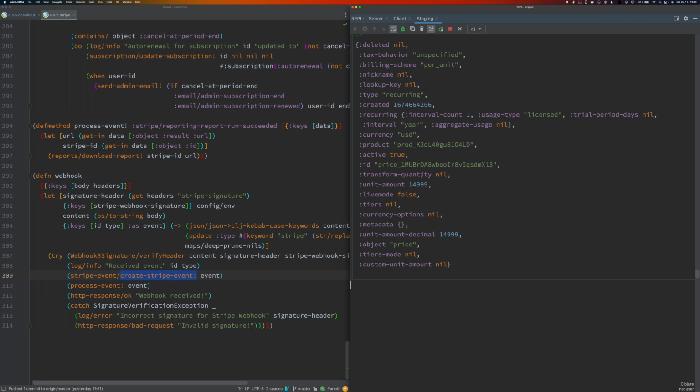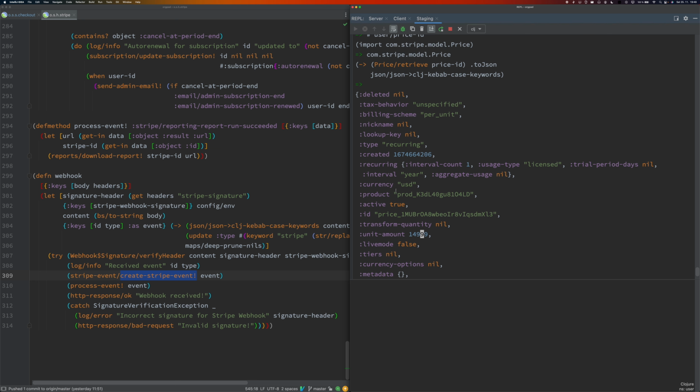I will receive that the price is $49.99, and in Stripe always integers are used, so this is in USD cents. And there is also the product, so I could also query the product number.